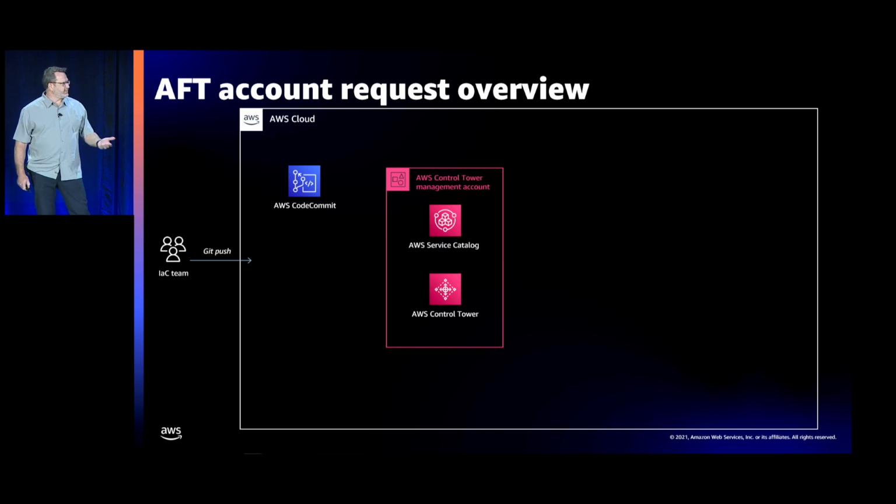But we'll go back to CodeCommit because this is what we're going to show you through the demo. And then what you do is you go ahead and do that account request. That account request has the metadata in there that we need for actually vending an account. If you've used Control Tower before, there are 5 fields that are required. We also allow you to extend it beyond that. So if you think about things like account tags, those can be available. Plus we have customizations that you can do in there as well.